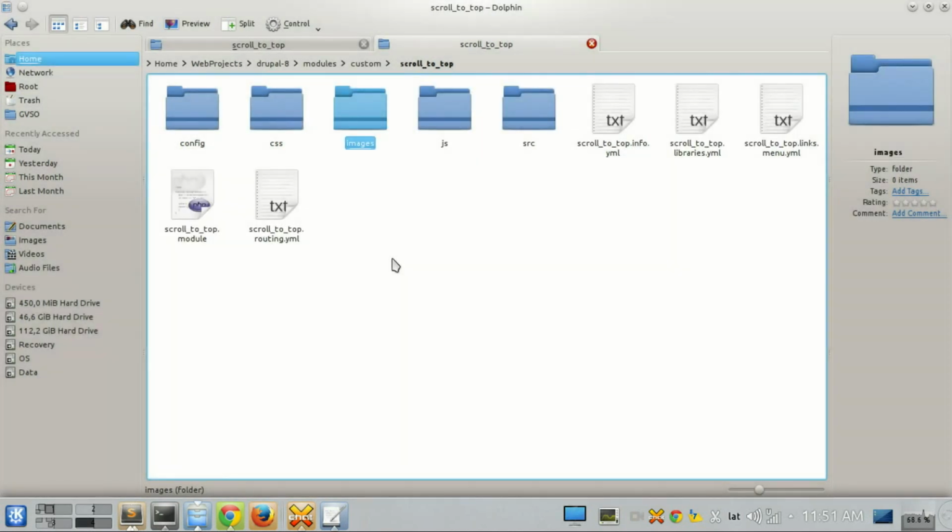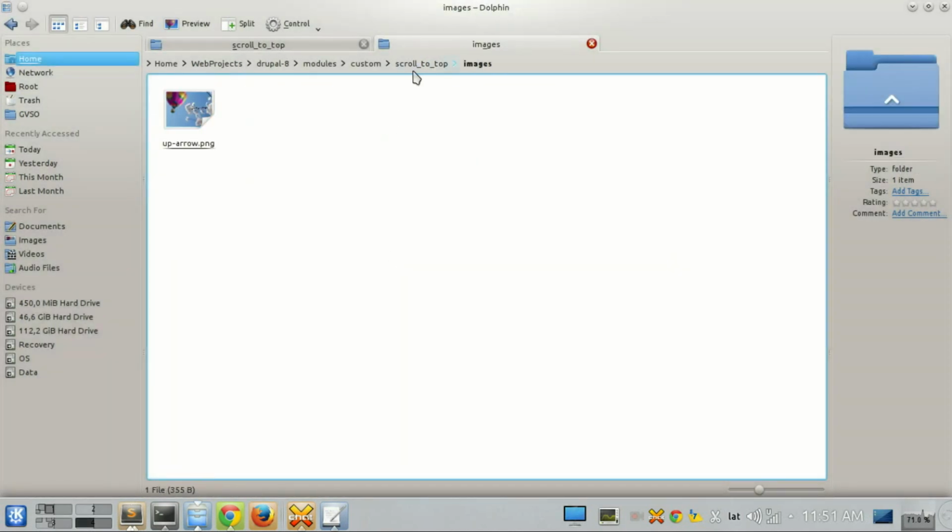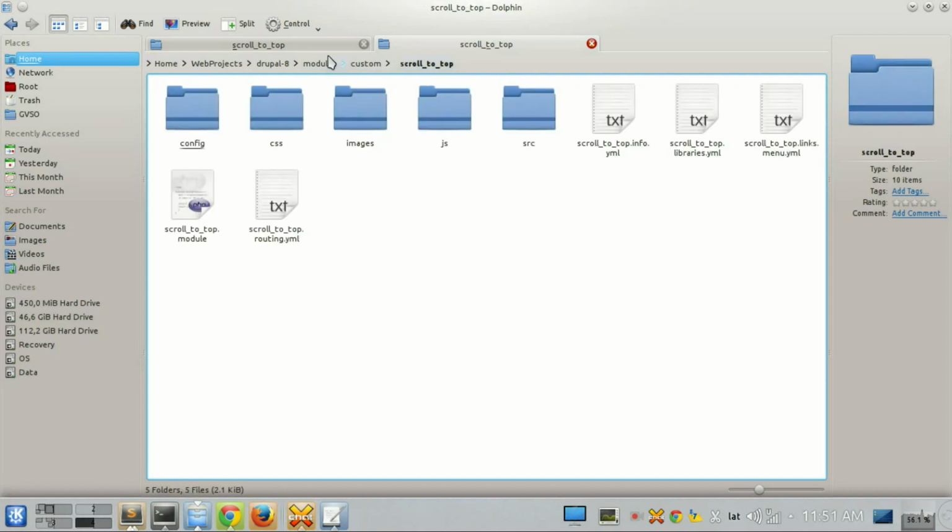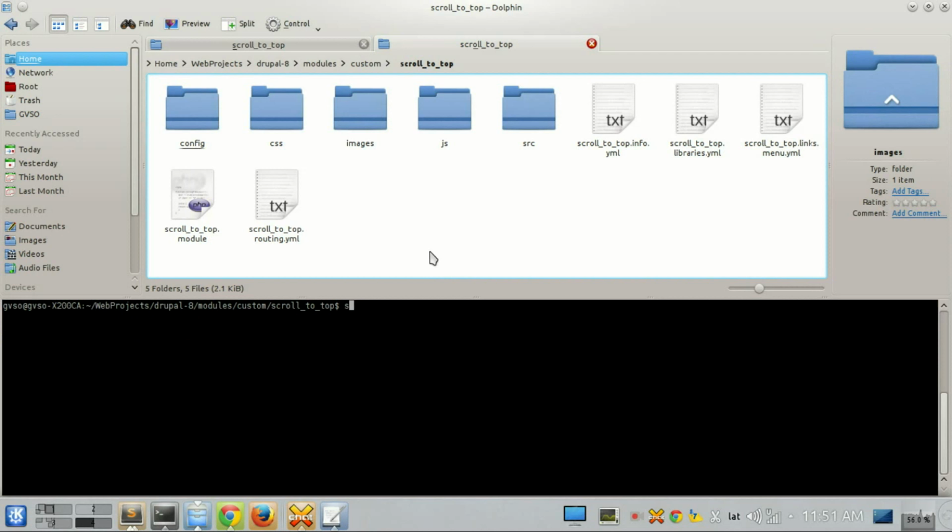So here I say this, and now when I have some problem, I do this to set permissions. So this, yes, and see images. Actually the 777 is not recommended, but to avoid problems,